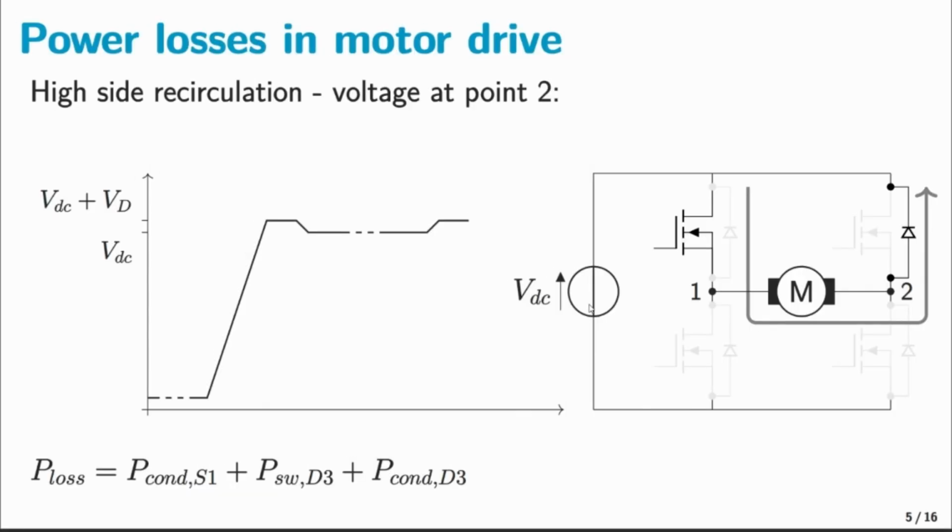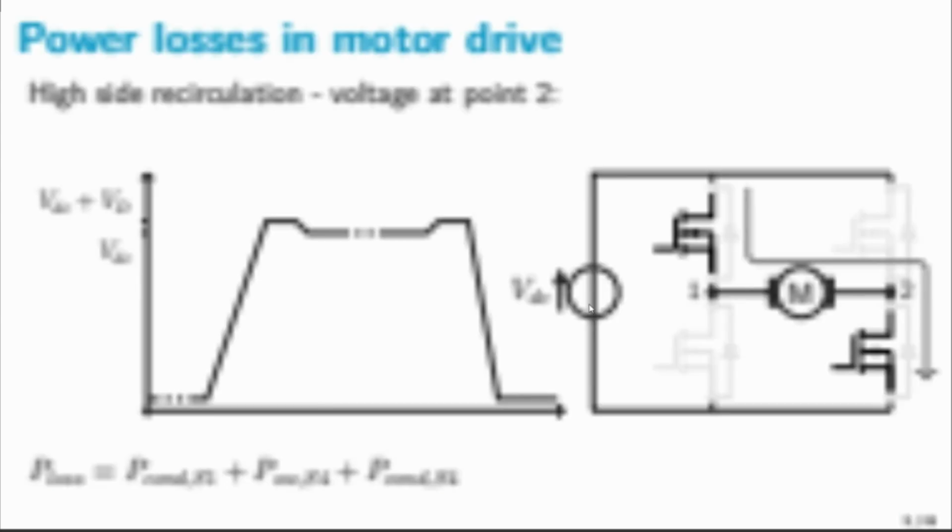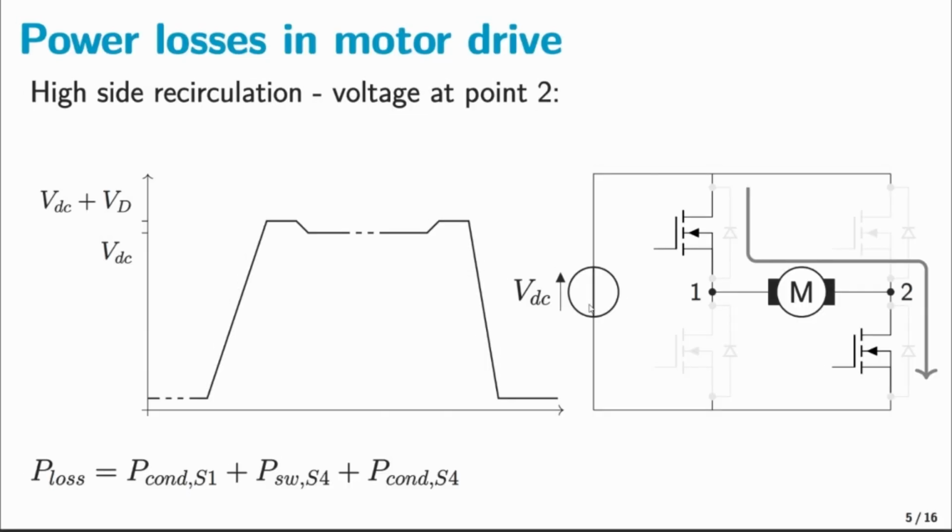After the duty cycle time is over, switch S3 is turned off during the dead time. After the switch S3 is turned off, the current can only flow through D3. The losses incurred in this interval are conduction losses in S1, turn off losses in S3, and diode conduction losses in D3. Lastly, after the dead time is over, switch S4 is turned on. The losses incurred in this interval are conduction losses through switches S1 and S4, and switch turn on loss in S4.